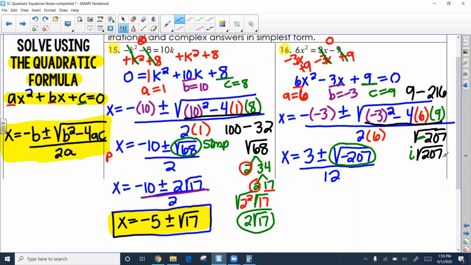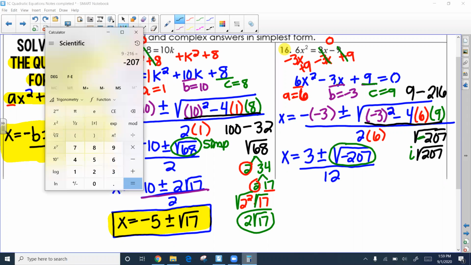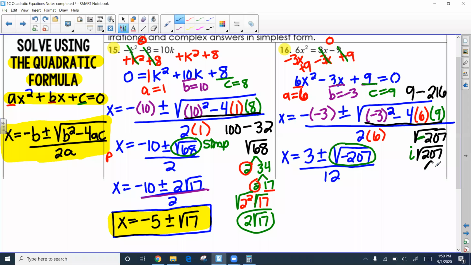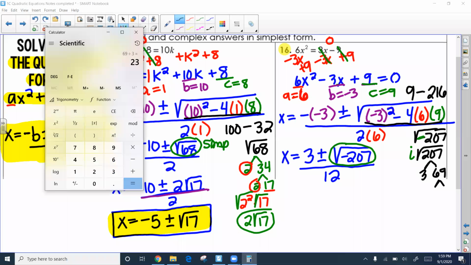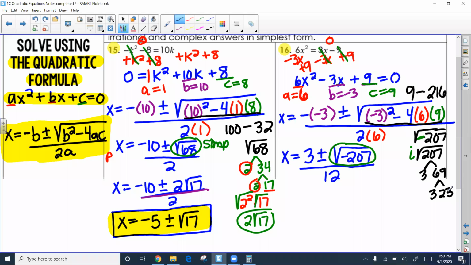Let's see if 207 does. I think it's divisible by 3. I'm going to use my calculator to check so that I don't have to divide in my head. Yeah, 207 is divisible by 3. So 207 can break down to 3 times 69. And then I think 69 is also divisible by 3. So 69 can break down to 3 and 23. All right, so then I have a pair of 3s